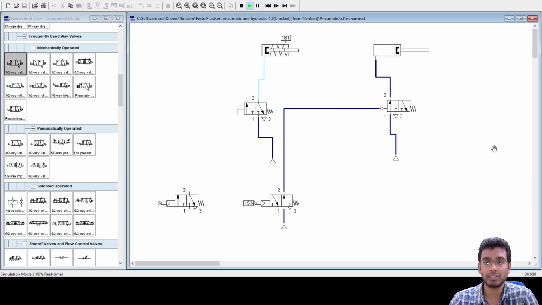This was a normally open valve. In a normally open roller valve, you are actually actuating some cylinder, and that is the default position. The moment this valve gets actuated, this valve port will get closed, and that would result in some other functionality. So this is a very basic example in which the last point of my cylinder 1 extension will lead to the retraction of the other cylinder.